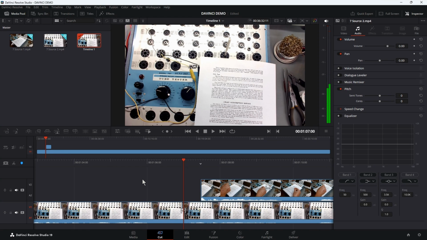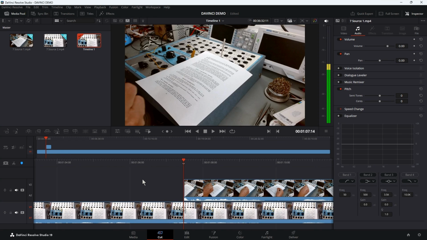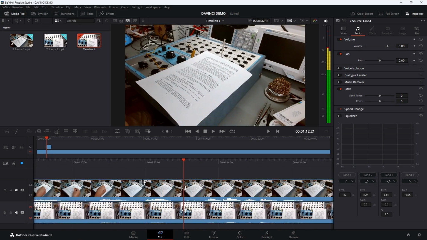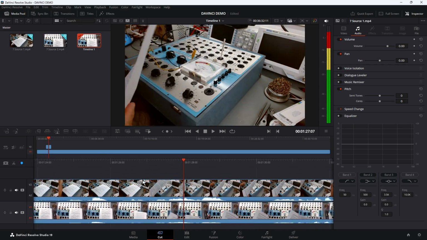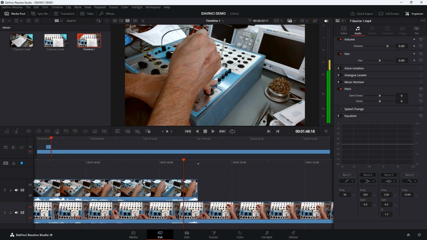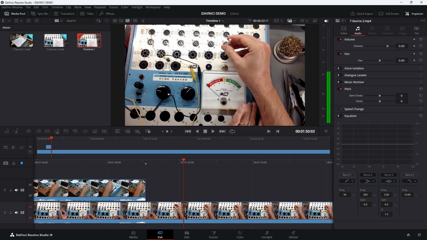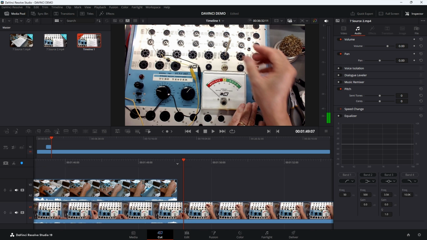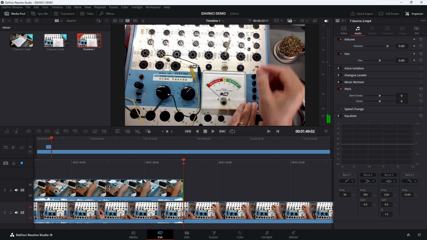Look how fast I can move around. You can see that at the very point that I wanted to, I've cut over to my Cam 1. And at the very point that I wanted to change, I dropped off. Now, one of the neat things, way beyond what I could do with the other software,